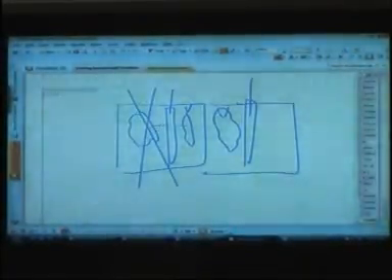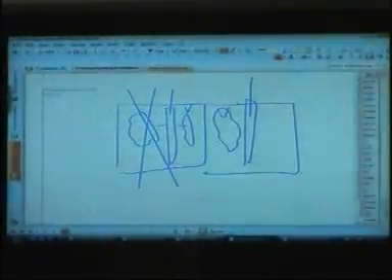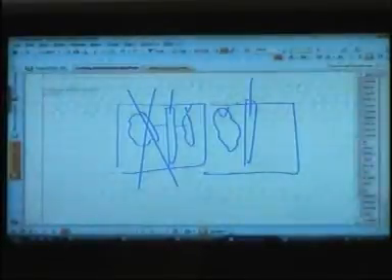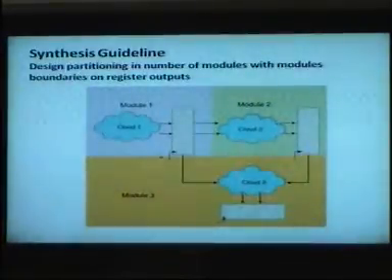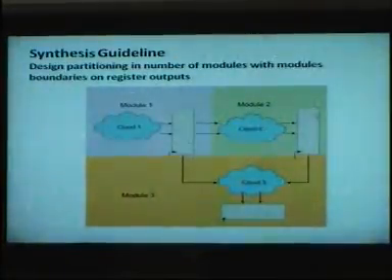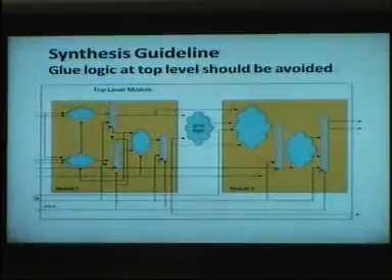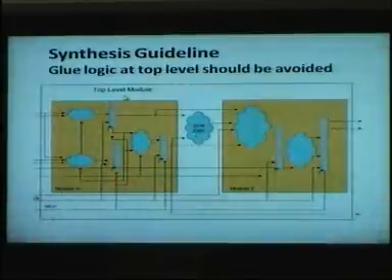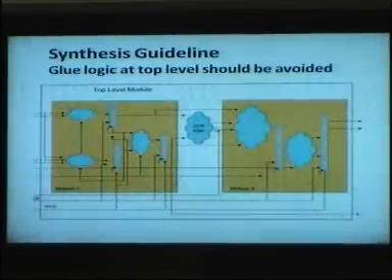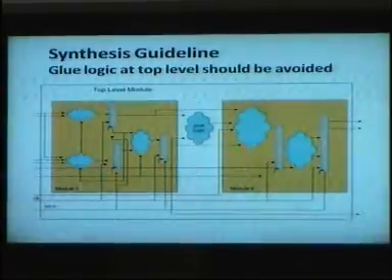So this must never be the case. If this is the case, there is something very seriously wrong you are doing, that your outputs are not registered. It means there are problems which are calling for problems. So it must always be the case that all your outputs are registered. As is shown here, here are registers, here are registers, here are registers. So you adhere to this coding guideline. This is again a very ugly way of writing Verilog. Usually the top level design must have no other logic but smaller modules inside it. Okay, because at top level you have